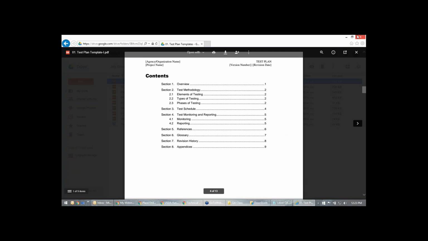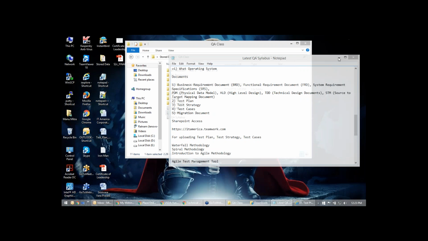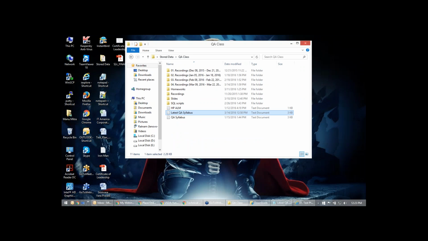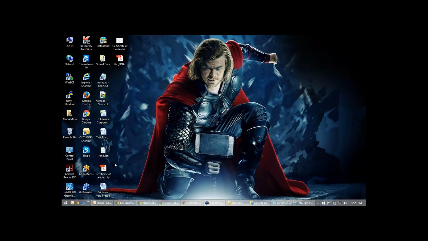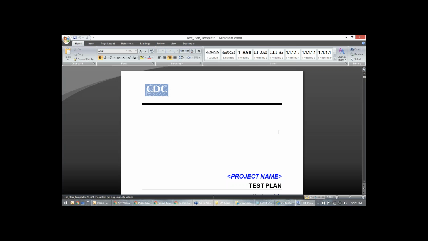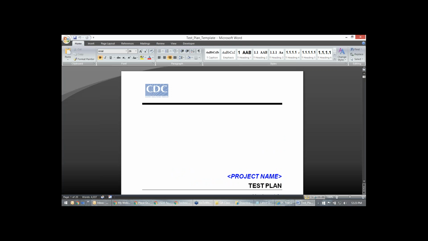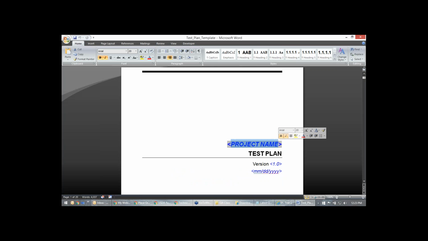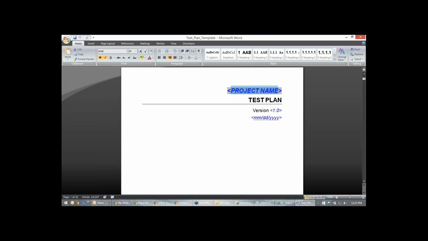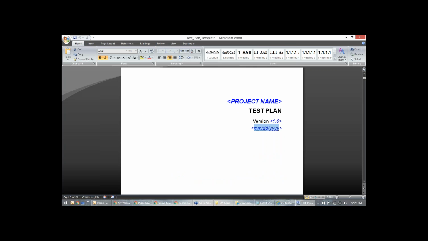So today I'll be giving you homework on this test plan. You need to know this. This is a template of a test plan. It is in the Google Drive, or I can send you an email. What you need to do is just change this information. Change the project name to GMO. We are trying to prepare a test plan for GMO. You can leave this alone and put the date of what you are trying to do.